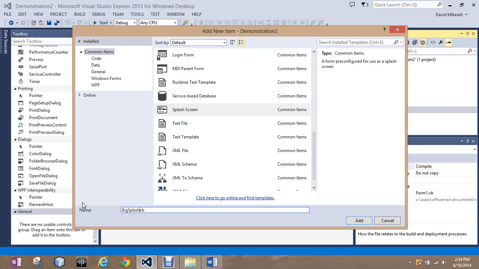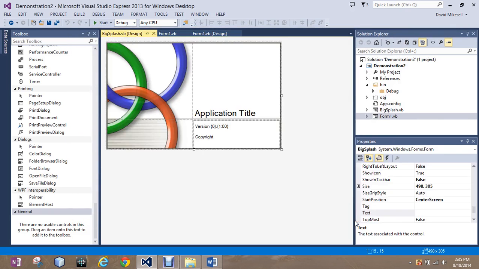Big Splash. I'm going to keep with forms and splash screens and big areas, we do conventional casing, which is going to be every first letter is capital. So Big Splash, and then we're missing the dot for VB. Big Splash dot VB. And this brings up